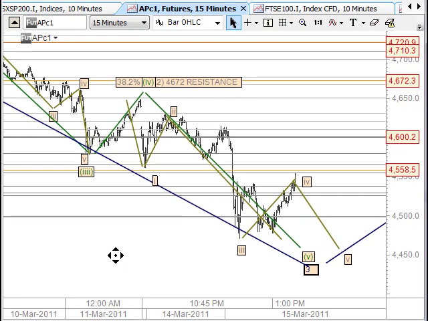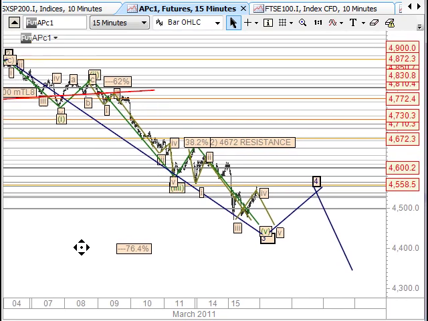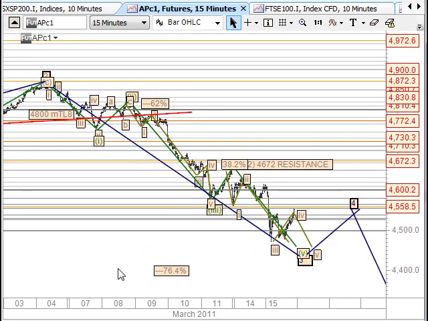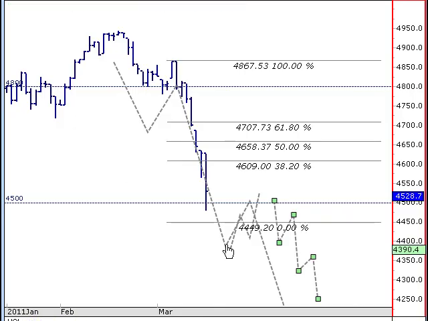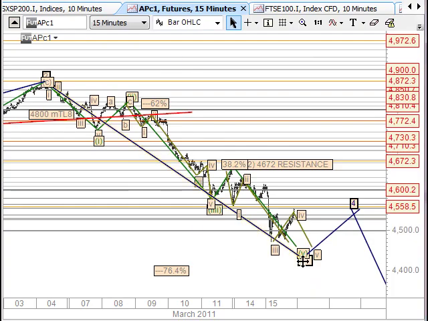I know it's a little bit messy counting this structure down through here, but as I mentioned on the other daily chart, the bottom of this 3rd wave is basically what we're looking at. So we're looking at this 3rd wave to play out here. We've still got the 4th, which played across the 4,500.